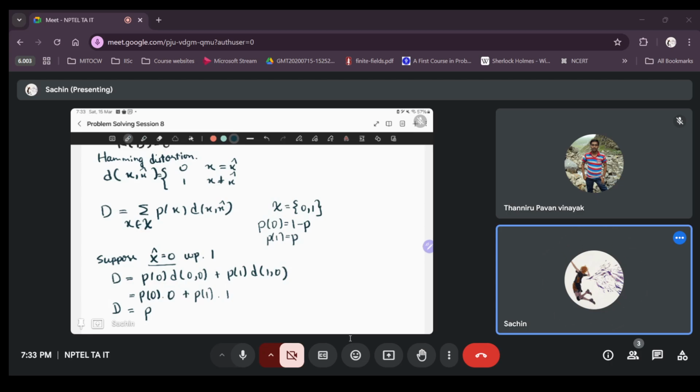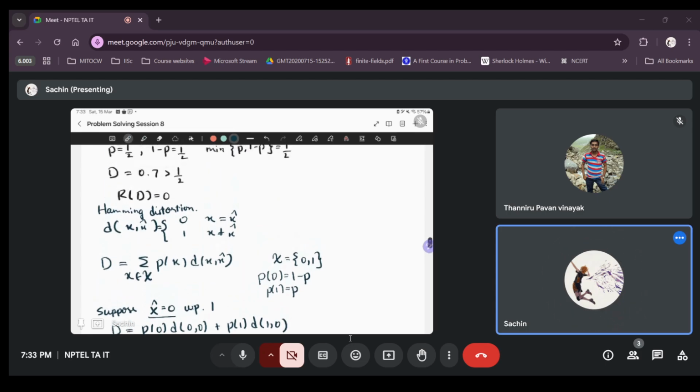Whatever input there is, I'll always give you the reconstructed output x hat to be 0, for which I don't need to do any coding. So my rate is 0, and also I have achieved a distortion of p, which is our aim when we are trying to find